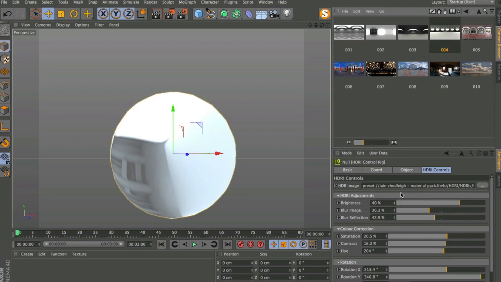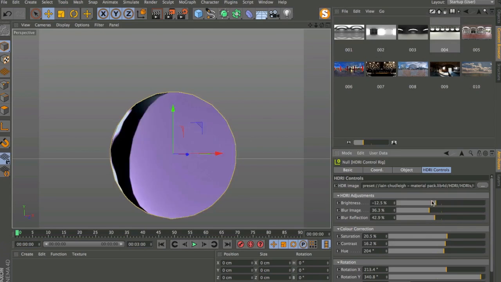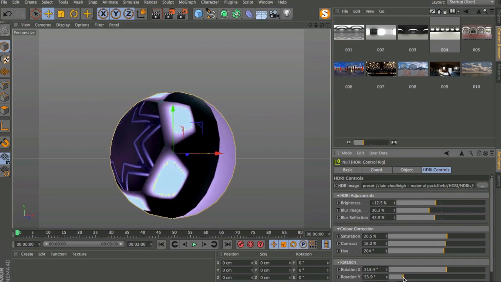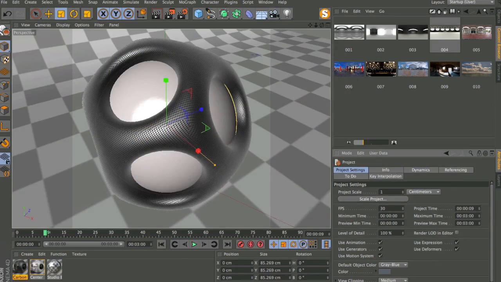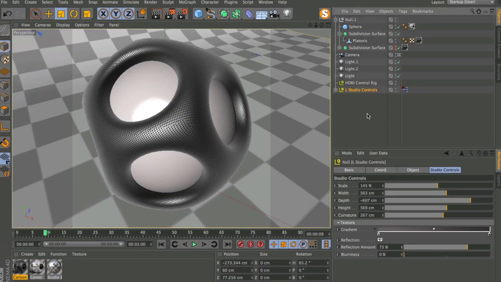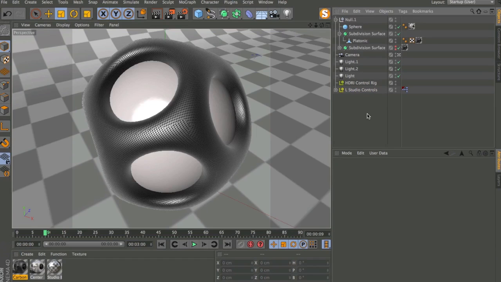And at any point you can just drag another material in here and you're good to go, and it just works really nicely, creates some really nice images, and it's what I use to light this scene here, other than a couple of other lights just to get those specular hits where I wanted them. And it also uses a studio which I've created for the other pack which is being released, which is more of a studio light setup, intro templates kind of thing, which will be released probably within the next month.